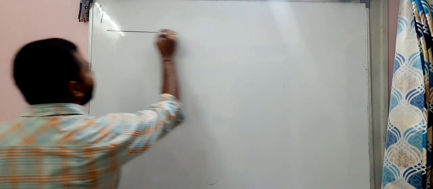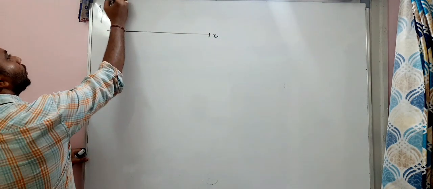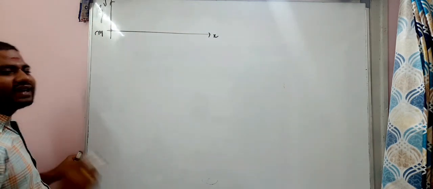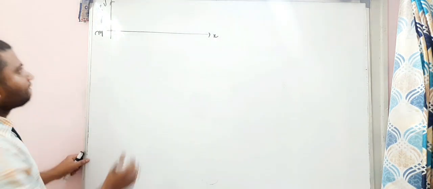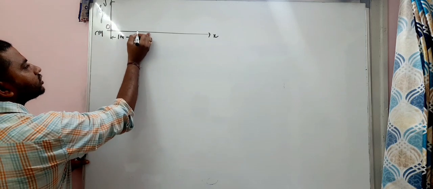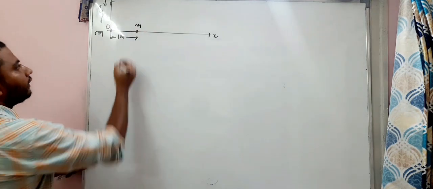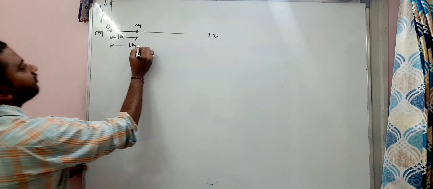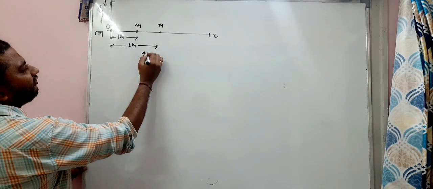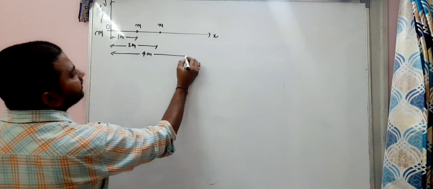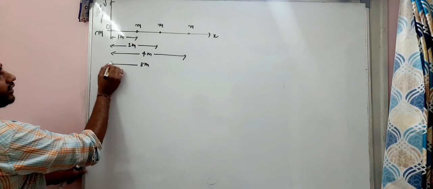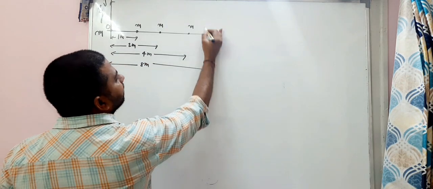And this is the question where the x-axis and the y-axis are mentioned. This is the origin. At the origin there is a small mass m. At a distance 1 meter from the origin, there is a small mass m kept. At a distance 2 meters from the origin, there is another mass kept. At a distance of 4 meters from the origin, there is another mass kept. At a distance 8 meters from the origin, there is another mass kept, my dear students. Note.